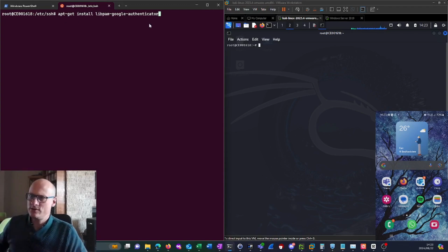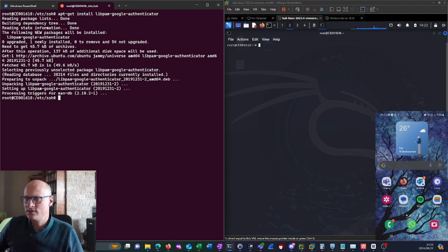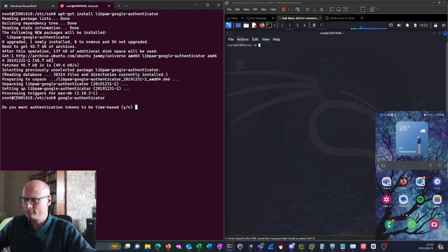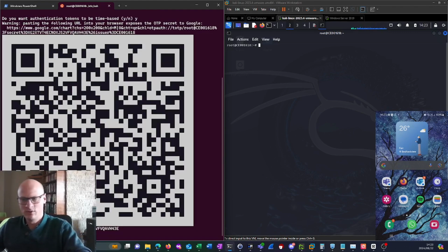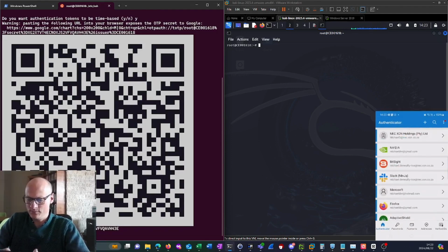So the first thing that I want to do is install the package, which is libpam-google-authenticator. Right, there we go, and that's installed. And then what I want to do is run google-authenticator. Do I want the tokens to be time-based? Well, yes, I do. All right, so what I want to do then is open Microsoft Authenticator,